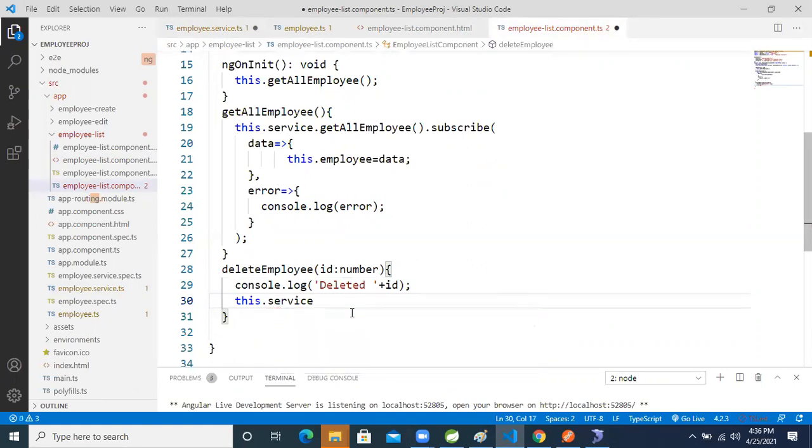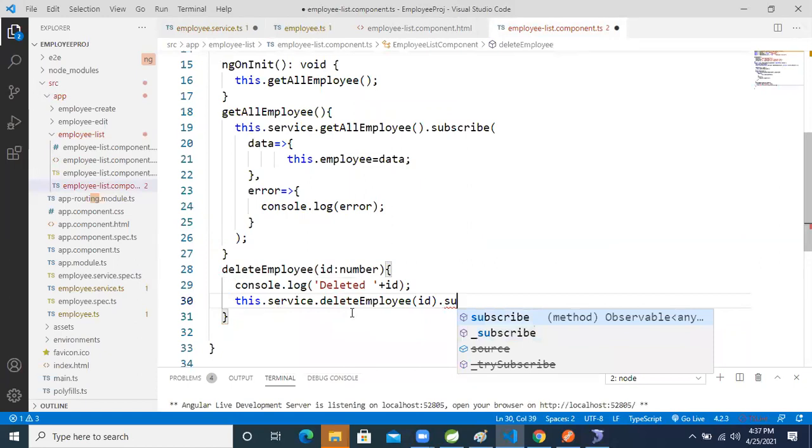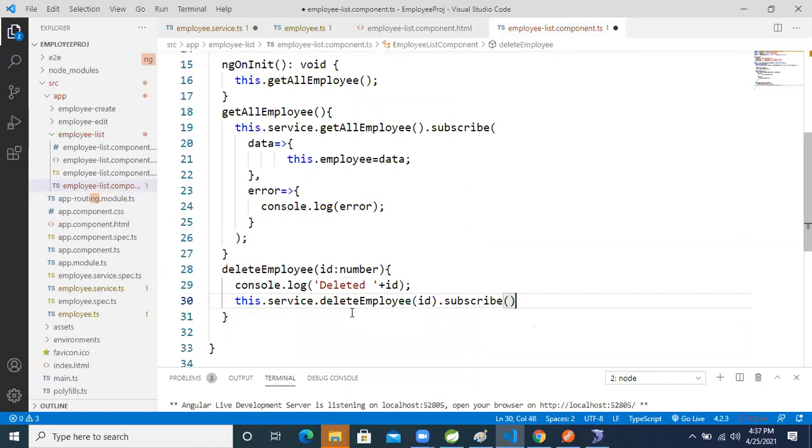So we will take the service class reference dot, and call the delete method. Inside this method we pass the ID. After then, subscribe. We will read the data from the observable memory, guys.